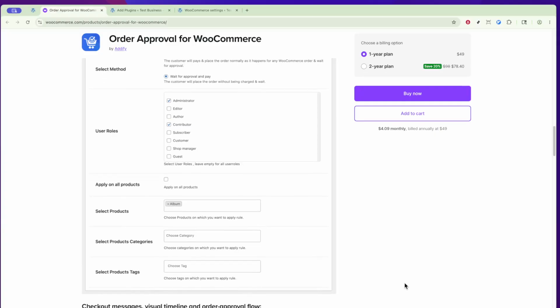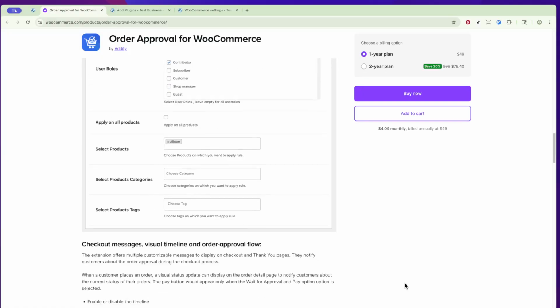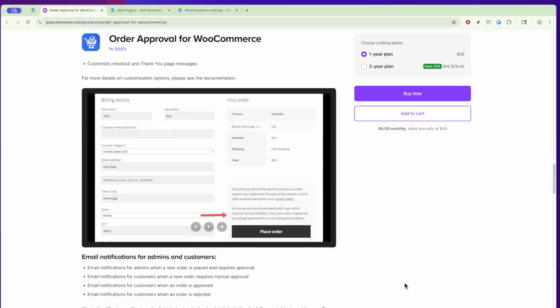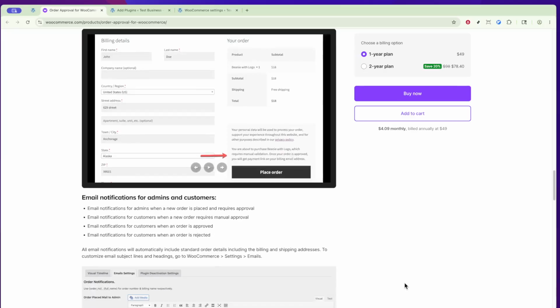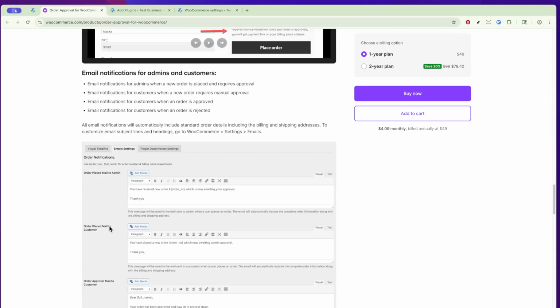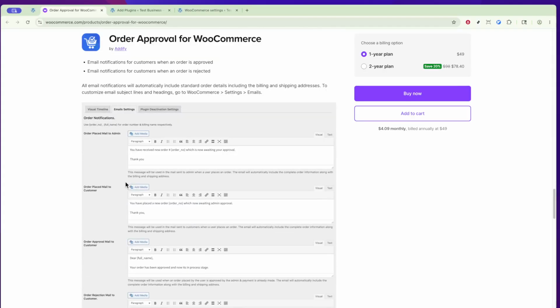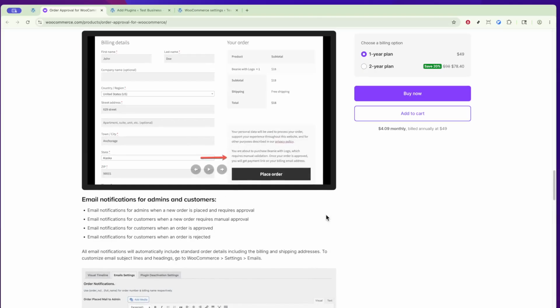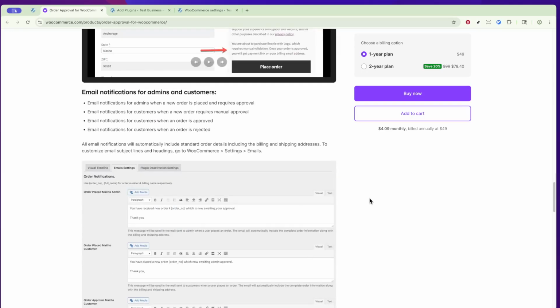If you'd like, you can also navigate to the email settings section to customize the notifications sent to customers and admins when new orders come in. While this step is optional, it's a great way to ensure clear communication throughout the approval process. From here on out, when a new order is placed, you'll need to review it manually. To do this, go to the Orders page in WooCommerce, open the order, check the details, and verify whether the item is in stock. Once you've confirmed everything, return to the Orders page, select the relevant order, and go to